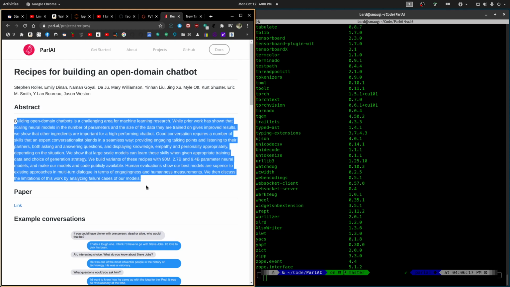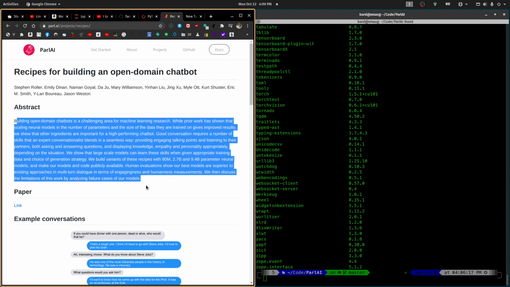Building open domain chatbots is a challenging area for machine learning research. While prior work has shown that scaling neural models in the number of parameters and the size of the data they are trained on gives improved results, we show that other ingredients are important for a high-performing chatbot. Good conversation requires a number of skills that an expert conversationalist blends in a seamless way, providing engaging talking points and listening to their partners, both asking and answering questions, and displaying knowledge, empathy and personality appropriately, depending on the situation.